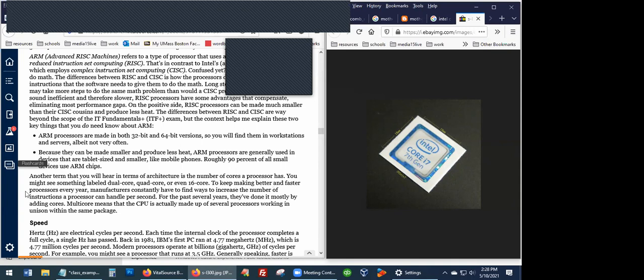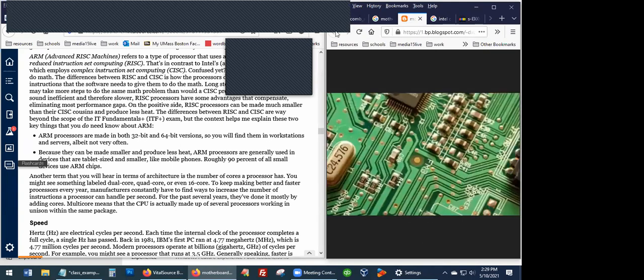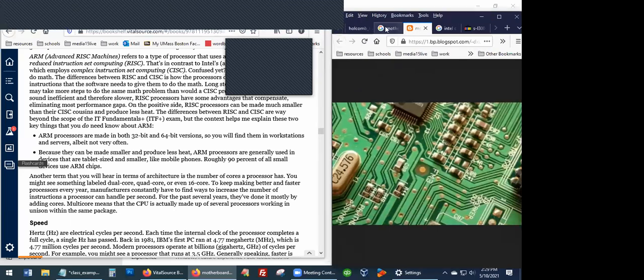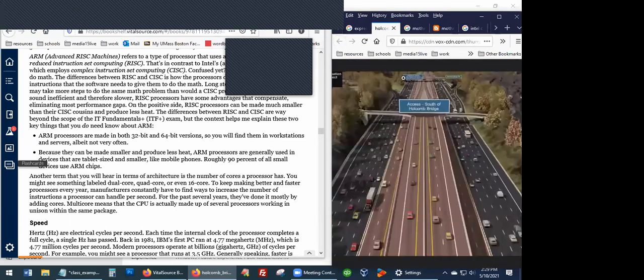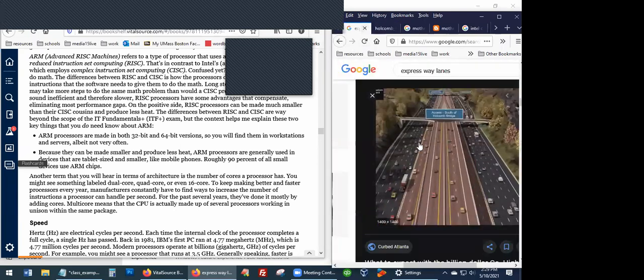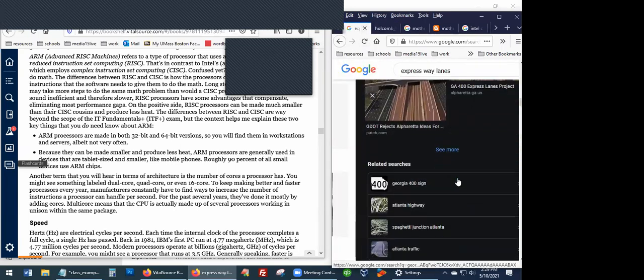So it says what it does is, to keep making better and faster processors every year, manufacturers constantly have to find ways to increase the number of instructions a processor can handle per second, right? So it's like if you want to have more lanes on the highway, right? You want the cars to go faster. What do we do? We might add more lanes, right? If you're in a place where there's a lot of congestion,